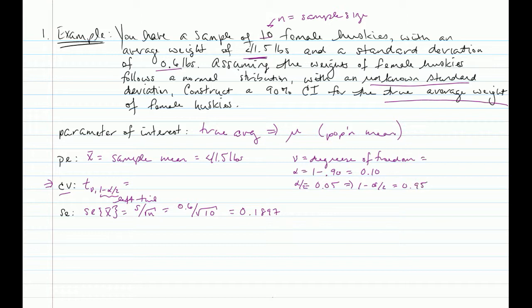Nu is the degrees of freedom, and that's going to be n minus 1. We subtract 1 because that's the number of parameters we are estimating. Here we're only interested in one population mean. This is a one sample case. So we're only estimating one parameter. That only costs us 1 degree of freedom. So that's going to be 9. N minus 1, 10 minus 1 is 9. So we're looking for a t with 9 degrees of freedom and 95% or 0.95 probability to the left of it. We get that from the